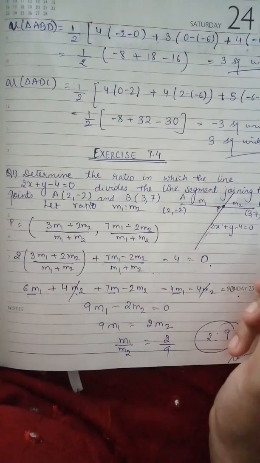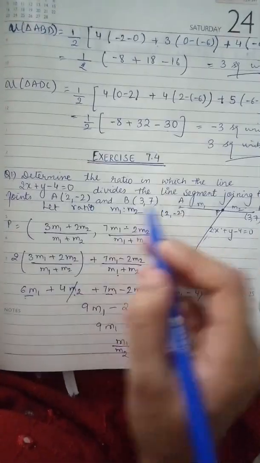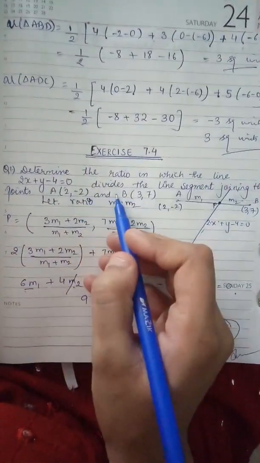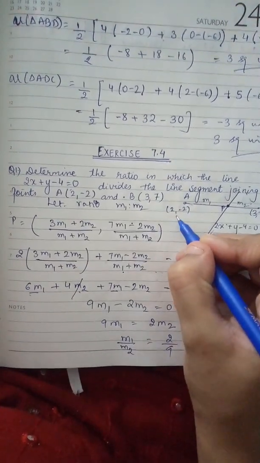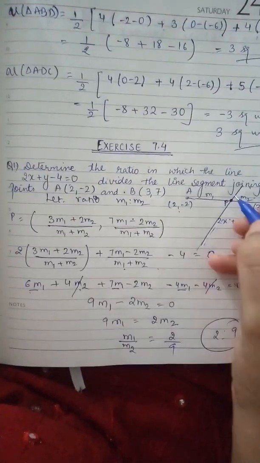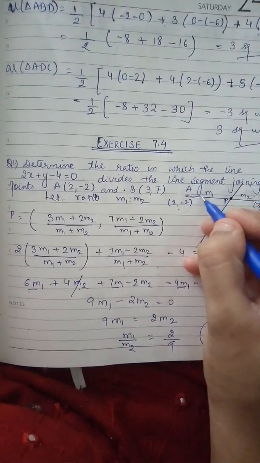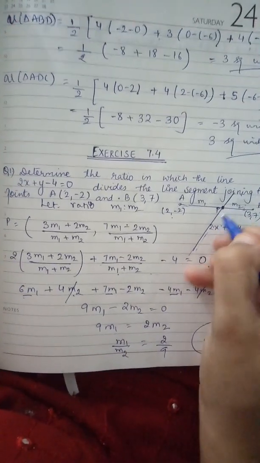Starting with exercise 7.4, first determine the ratio in which the line segment divides the line segment joining the points A and B. See, A and B points are given, 2, -2 and 3, 7. We have to find the ratio in which this line is dividing. So if I let the ratio be m1 is to m2, so the coordinates of point P according to the